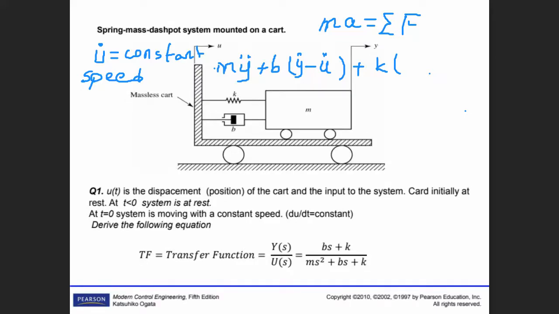Can't you write? Children, you need to learn this. You have to learn this. So for K times the position of this one is Y, position of that one is U. So that means the reference is this one. So that means Y